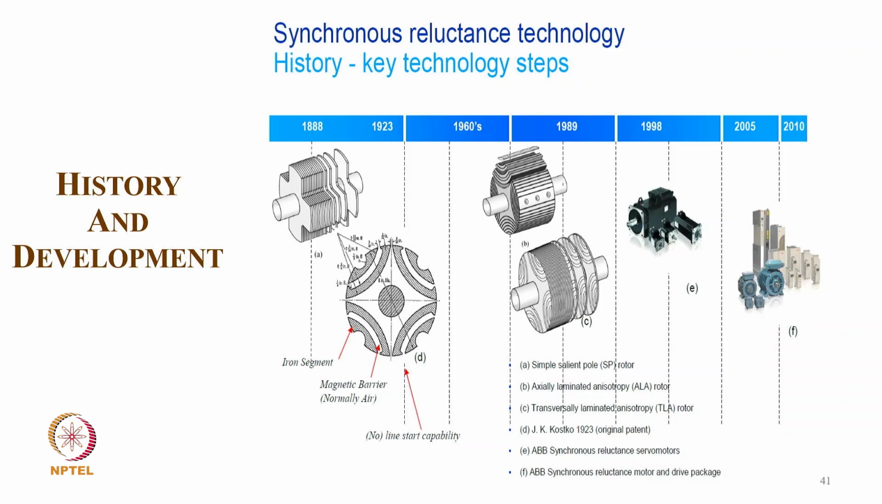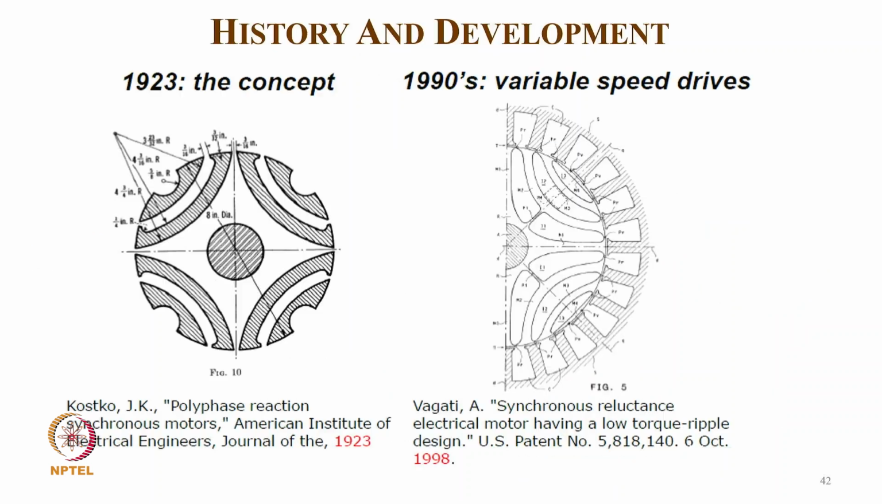And then of course, recently around 2010, they have come for general purpose applications, which really we talk about pumps also, because of the higher efficiency with the drive package. Then this is the concept which was given by Kostko in a polyphase reluctance synchronous motor through a paper of the American Institute of Electrical Engineers in 1923 about the concept of flux barrier, and then Vagati filed the patent on a synchronous reluctance motor having a low torque ripple design in 1998 with a similar kind of flux barrier,